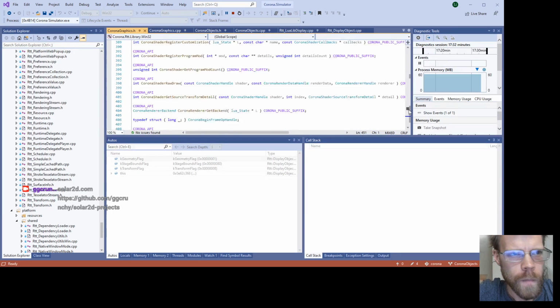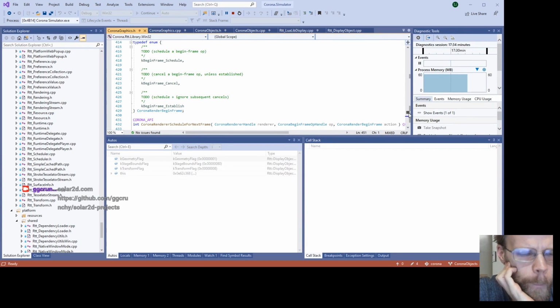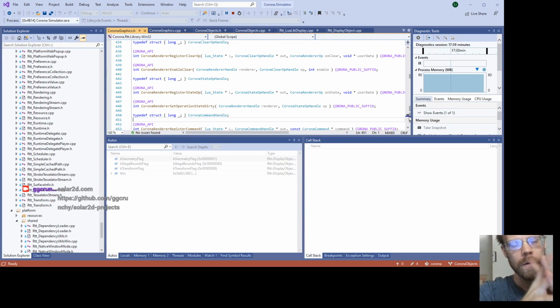some custom commands that you can register, which will be injected into Solar's actual rendering system. So this will allow you to execute actual OpenGL code, for instance. There's that. There's some things you can add to that, such as